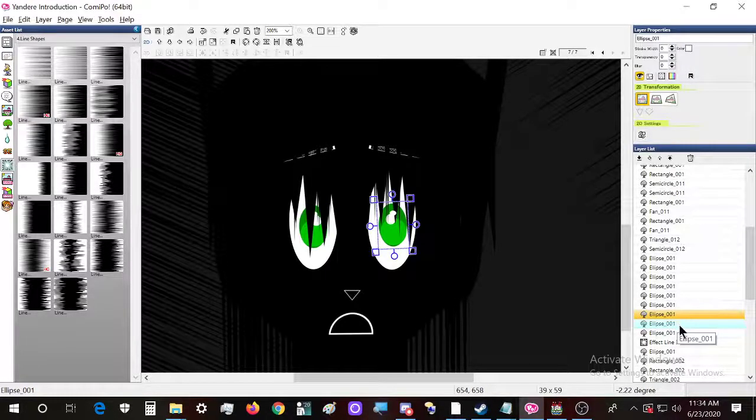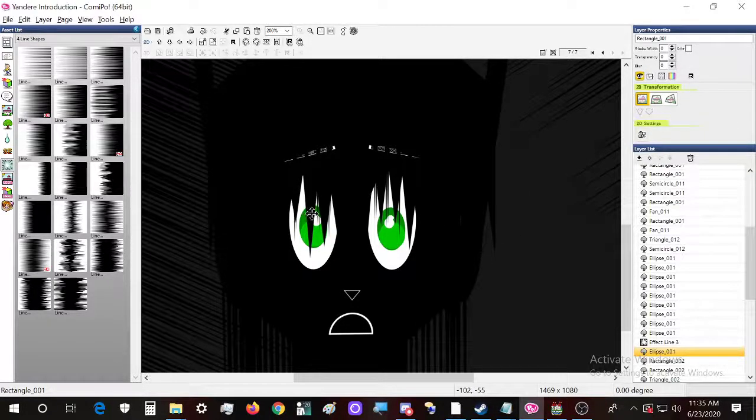Now this eye gives the impression that it's a bit higher than it should be, so I think it should be something like this. It should be somewhere about, nope, in here. Oh wait, I forgot this little one that needs to be put in here.